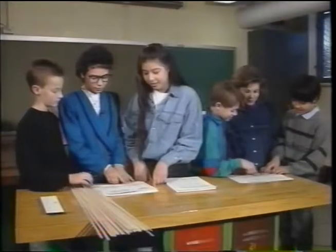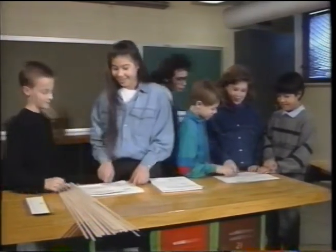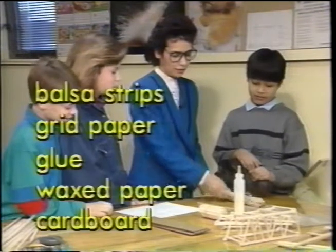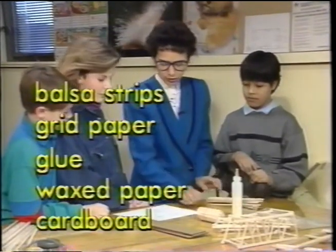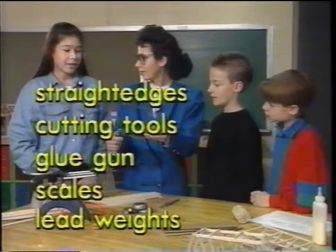You will work with your classmates in small teams to design and construct a bridge that will be as strong as possible using the least amount of materials. Some materials you might use to design and build your model are balsa strips, bridge layout sheets, glue, waxed paper, and cardboard. You will also need straight edges, cutting tools, a glue gun, scales, and lead weights to test for